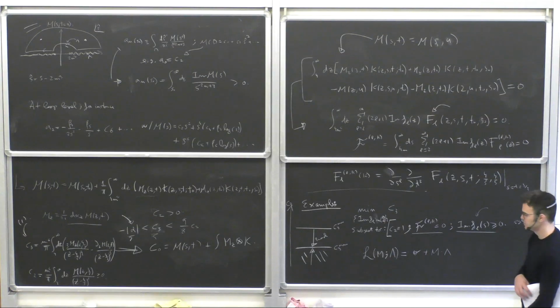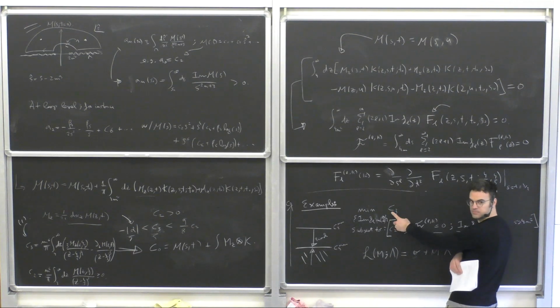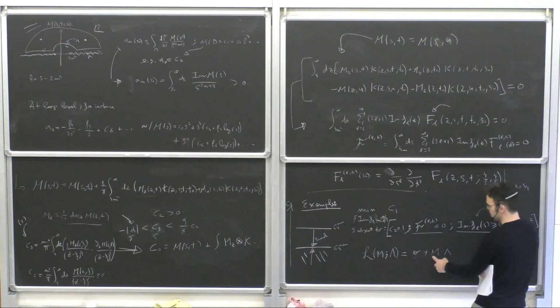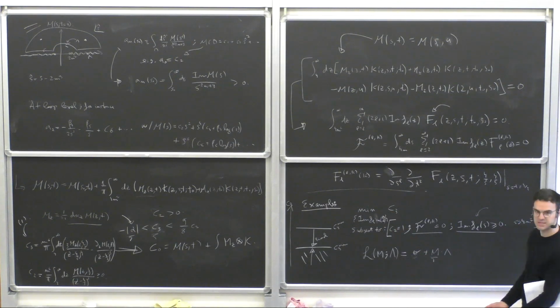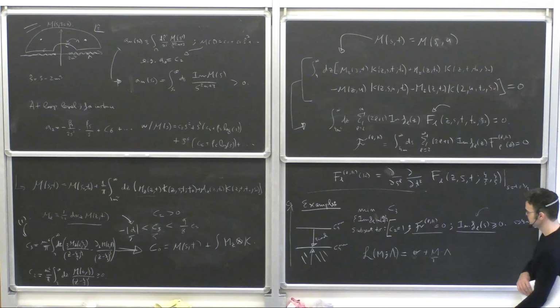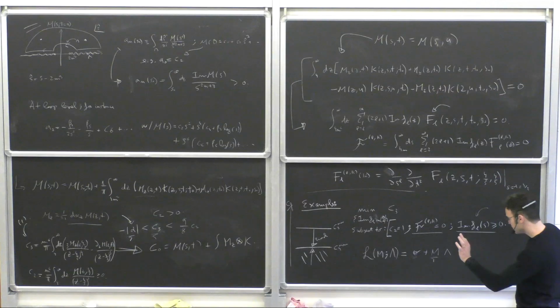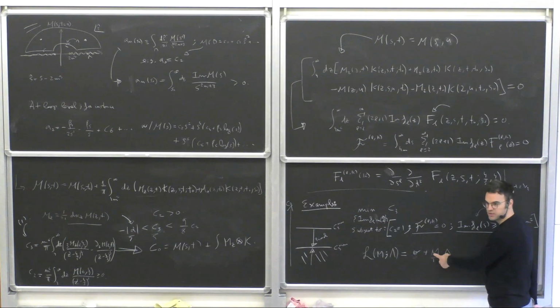Think of the optimization goal as C3. Think of m as all these constraints here, so constraints on the values of the S matrix, and these are simply some Lagrange multipliers that impose these constraints